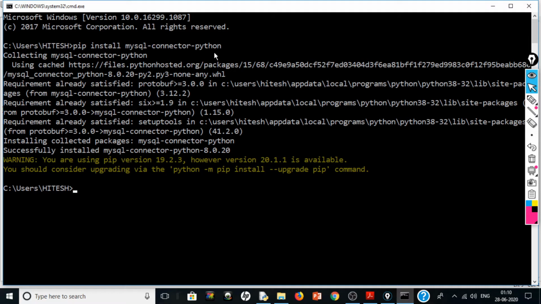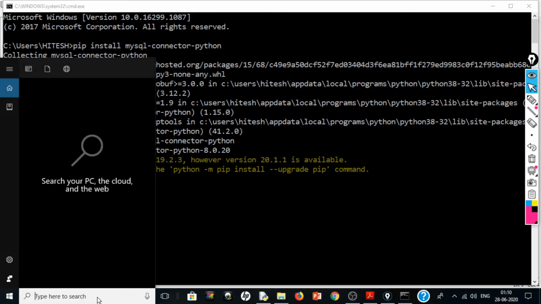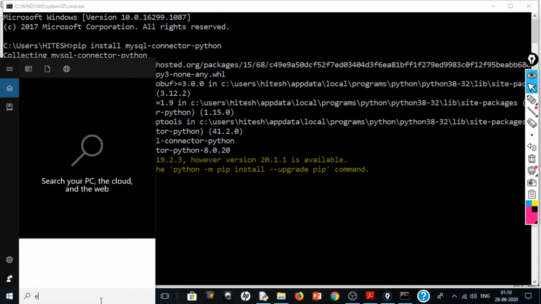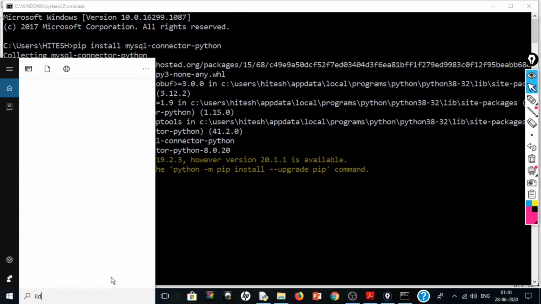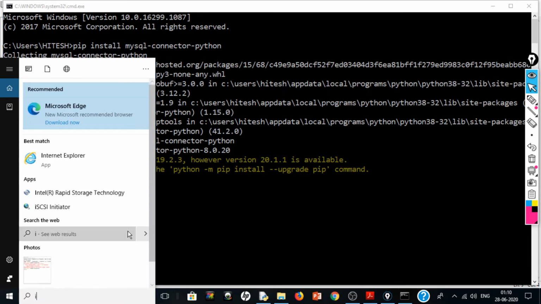Let me explain how to reach that folder. We will first type IDLE in the search box, or if you have a shortcut on the desktop you can use that shortcut.